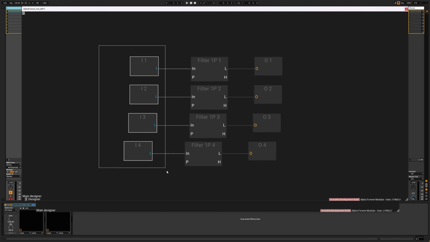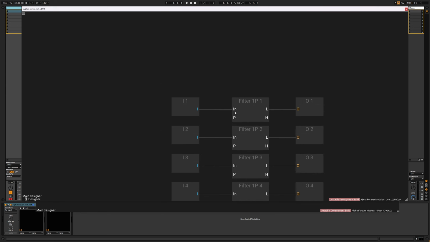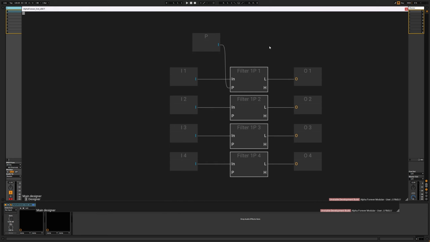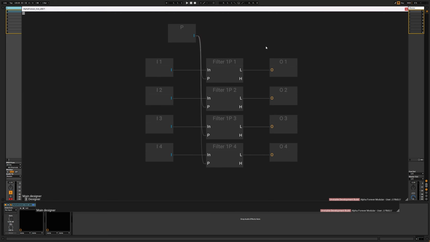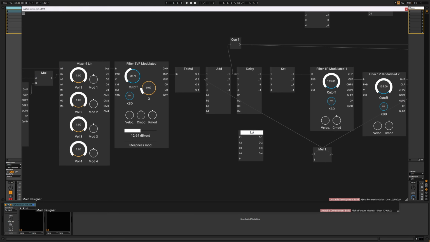And here we go, we have the 4 times low pass filter, create one input for the P, and simply patch it to the corresponding input plug. So this is low pass 4 times. We can replace this filter with this. Nice. Let's create the all pass 4 times,